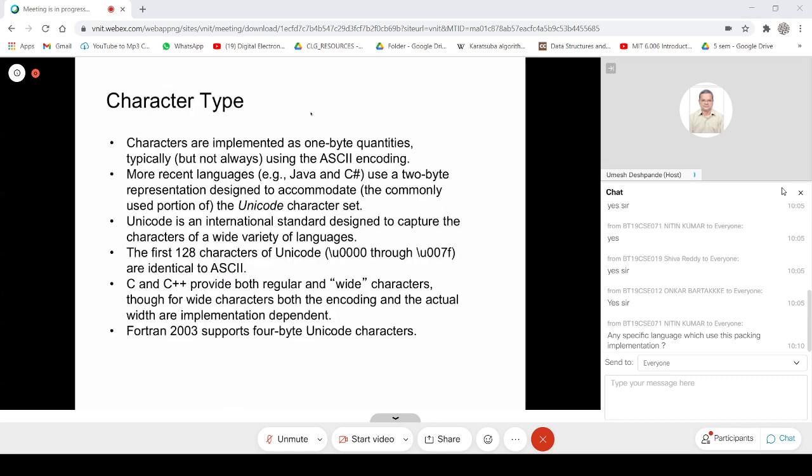Right. Then the second basic data type is the character type. So earlier, characters were implemented as 1 byte quantities, and their coding was done using this ASCII format, which had specific values for 256 characters.